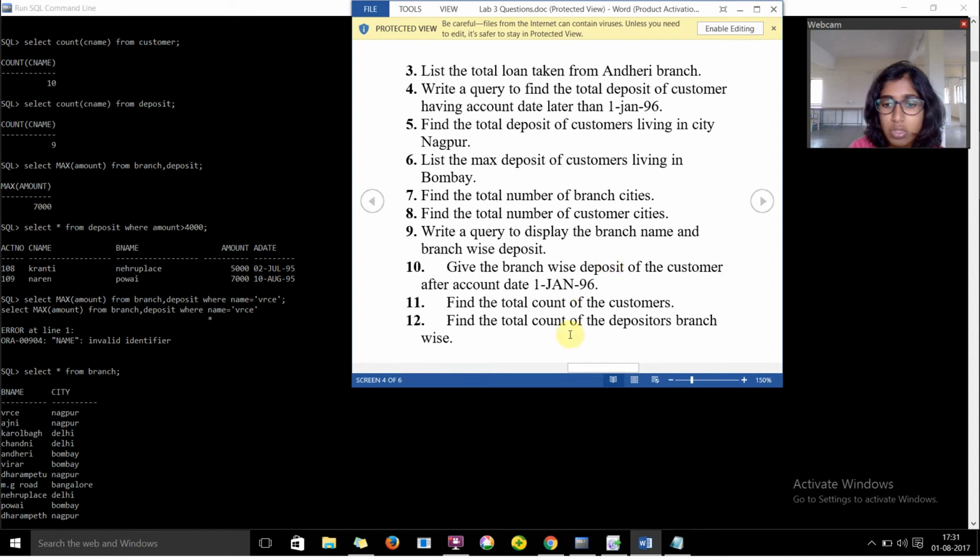Next is find the total count of depositors. So instead of customer, we give the name as deposit, so we get the output as 9. And the next question is